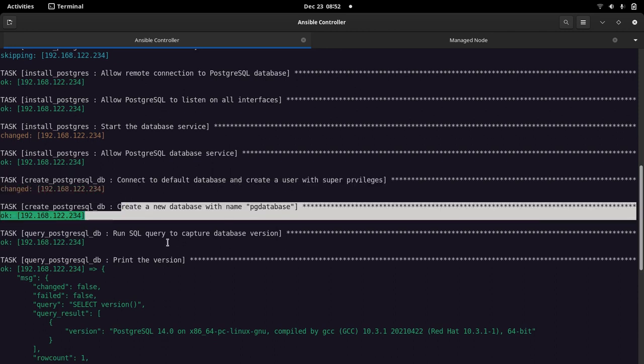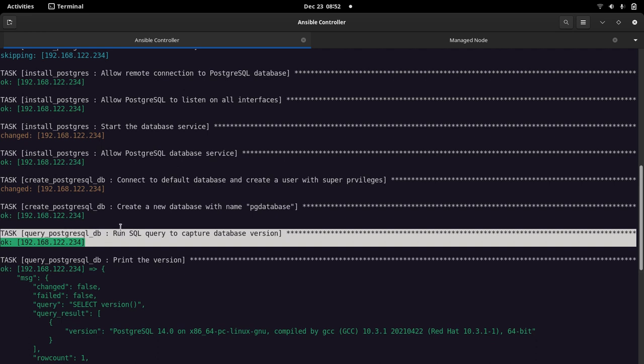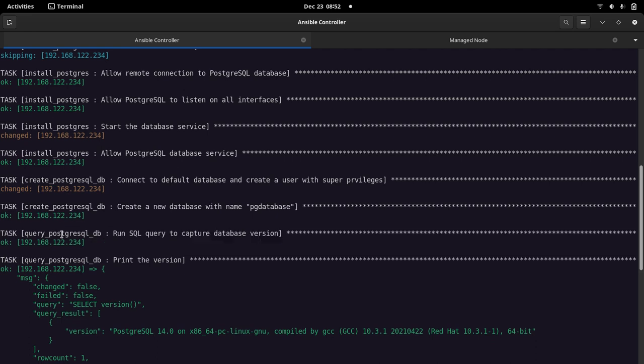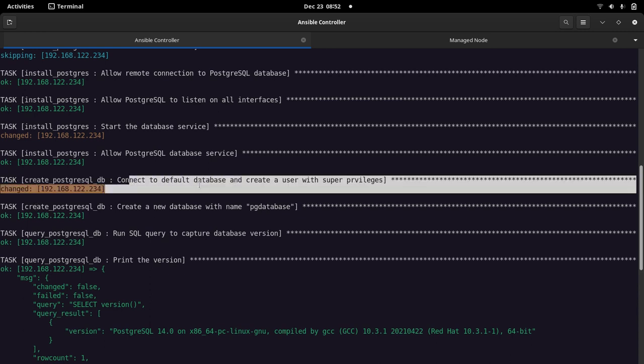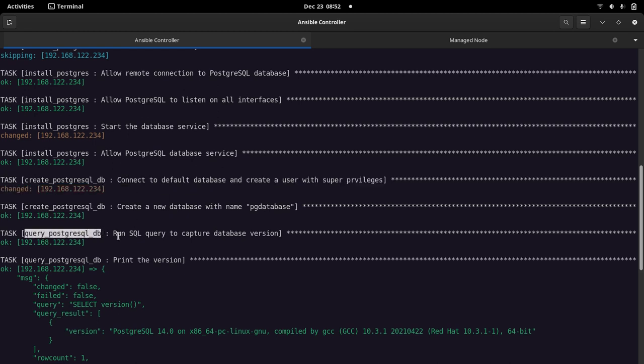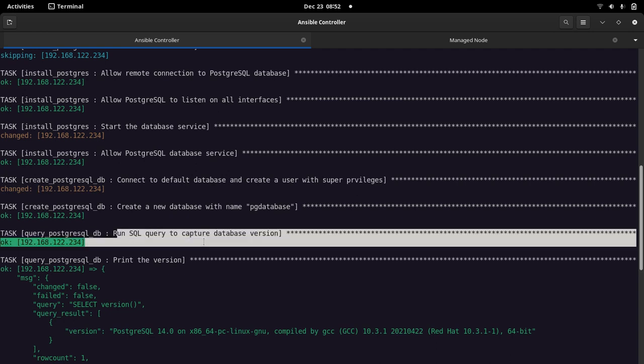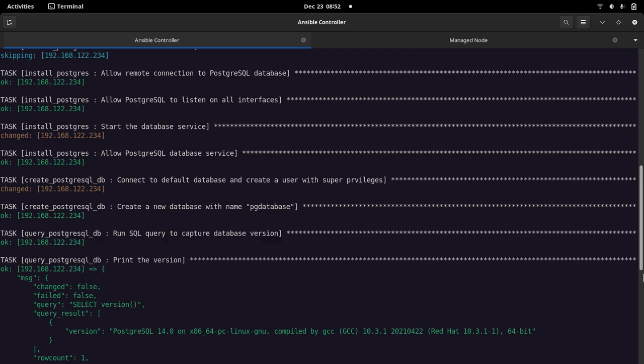Then we have executed some queries. These are all under the query_postgres_sql_db role. You can see this is the role name under which this task is executing, and this is the role name for query_db under which this task is getting executed.